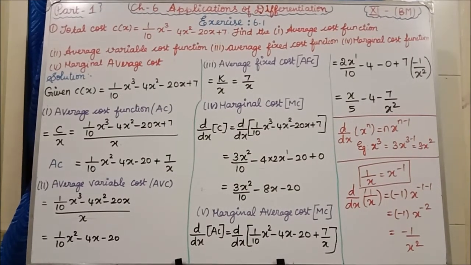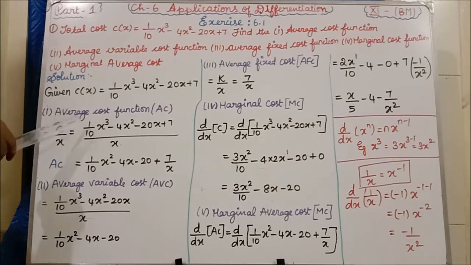If you see the second question, average cost when output is 10 units. So where we have average cost, this is our average cost, and for this they have given 10 units. See students, now I am explaining the second question. Why I am explaining the second question? Because you are going to do it as homework. I am giving an example now of how to do that second problem.